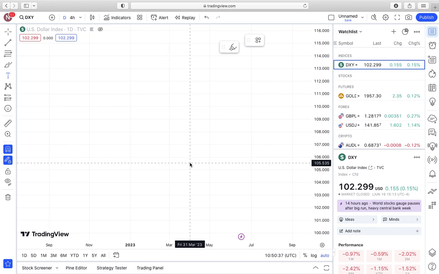Today we are going to learn about a very simple thing, because some people always know how to draw the lines, but they don't know how those lines are created. They don't know how to identify a support and how to identify a resistance zone. That means that today we are going to learn how to identify key zones